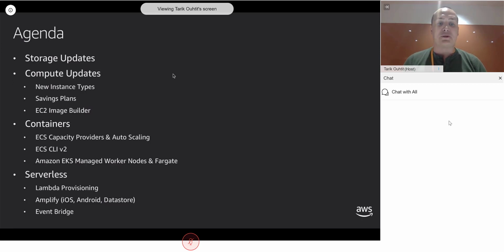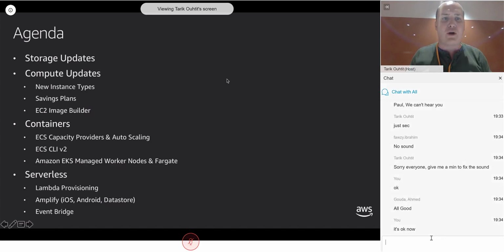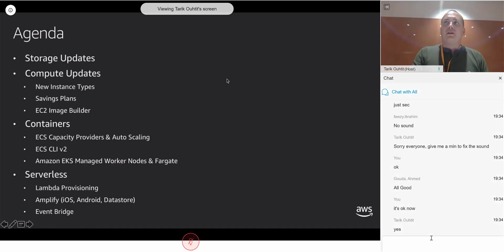We've also got some really cool things that have happened in the app development space, so mobile development. We're going to talk through how to build some really cool mobile applications, things like iOS apps, Android apps, and some really interesting functionality we've got there.